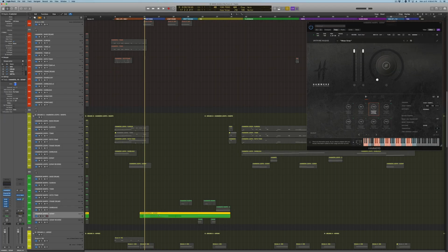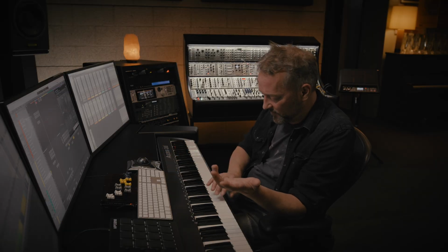Although it might not be apparent at first, even the scrap metal loops, which start out sounding sort of like this,